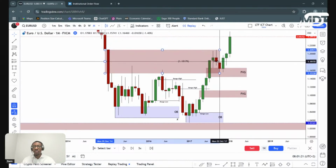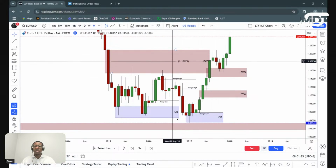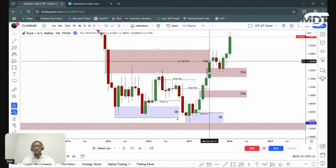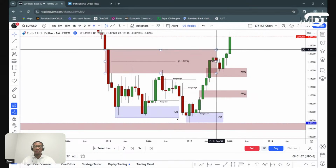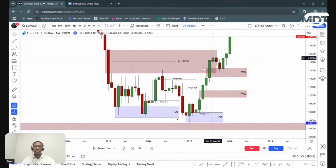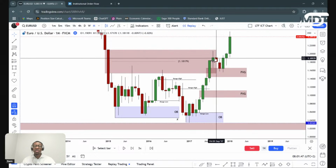And so even with this, we can see that we came into this fair value gap. The first sign would have been the violation of this mean threshold, because what I'm also noticing is once we get so deep into an order block or fair value gap, the odds of it being violated are very high. At this point, I would argue that it may even just serve as inducement,